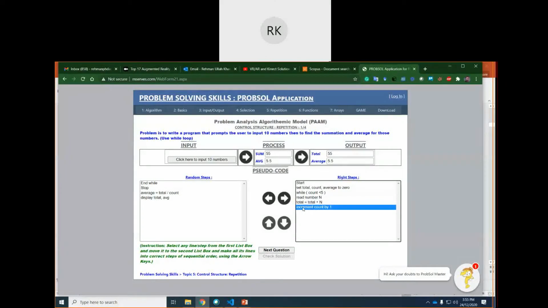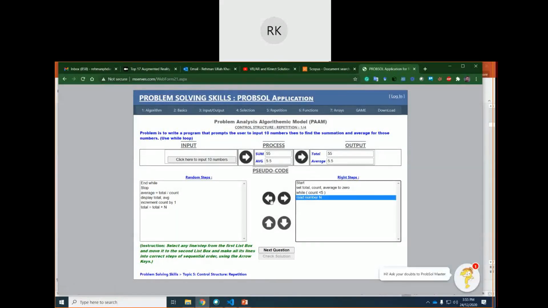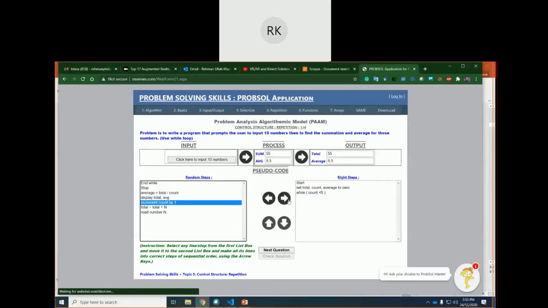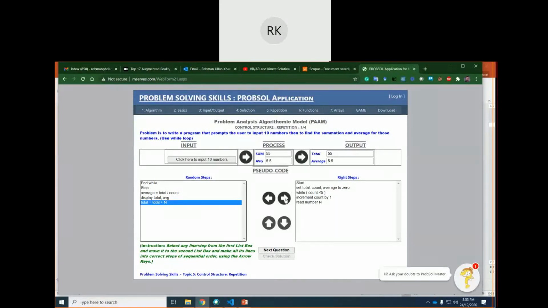I think the system will tell me that you are wrong, but actually this is also correct, and you can do like this also. Let me remove this. Yeah, you can do like this also, that first do the counting and then read a number. Okay, and then do the totaling. Okay, so in this way, and after that